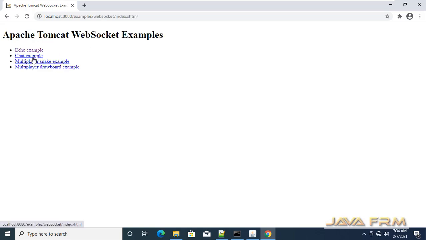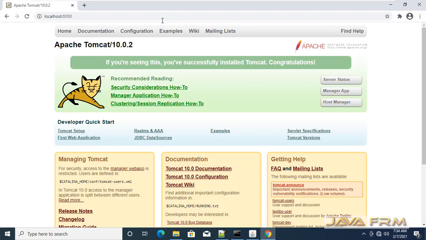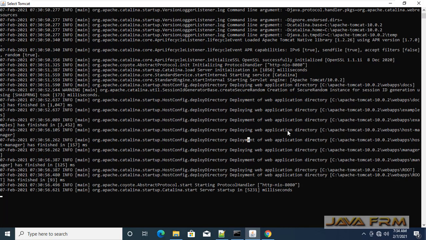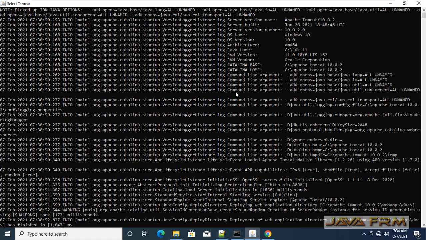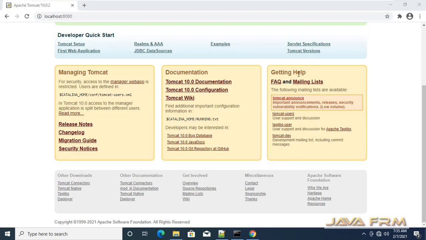So the Apache Tomcat 10 installation on Windows 10 from the zip archive file is successful. Make sure that your applications are migrated to the base package jakarta.servlet instead of javax.servlet, because javax.servlet will not work in Apache Tomcat 10. That is a new major feature in Jakarta EE 9.